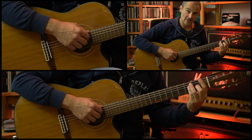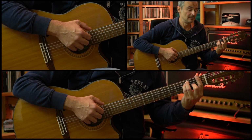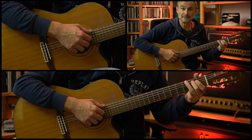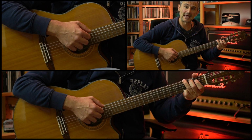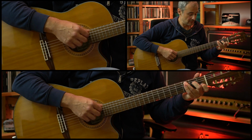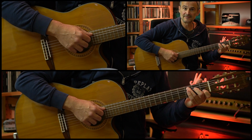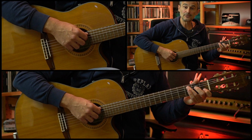We're starting on this F chord, 1 and 2, and then going to a G chord, and we're keeping the same picking pattern, 3 and 4, and then we're going to a C chord, regular C chord, and we're also keeping the same picking pattern. Now the thumb is picking the A string,